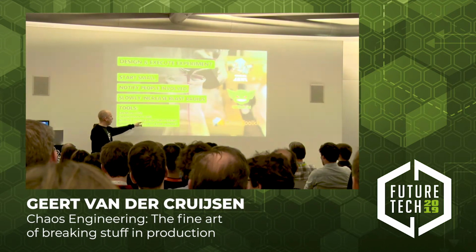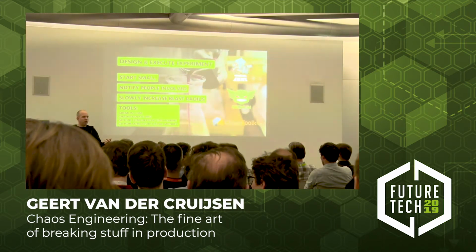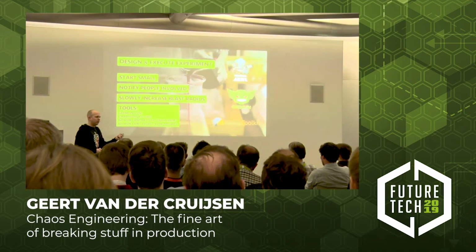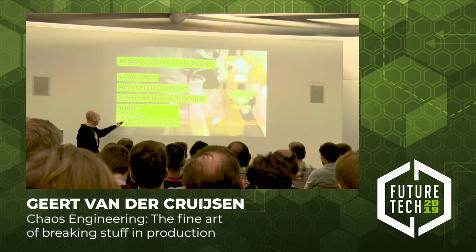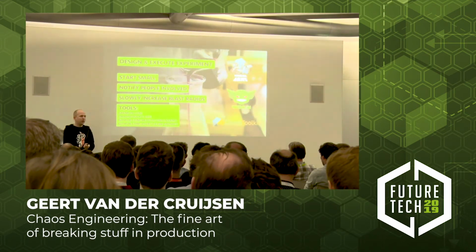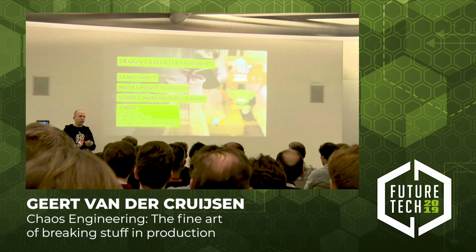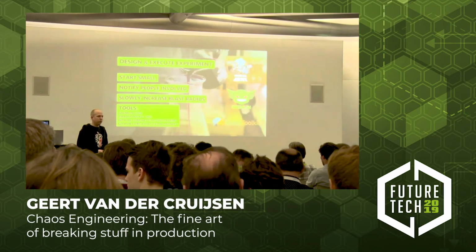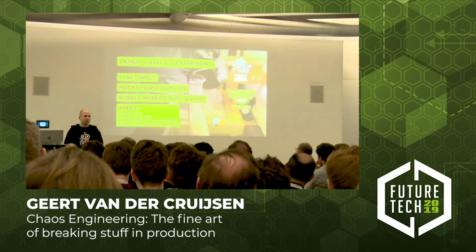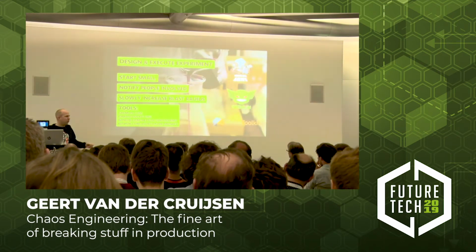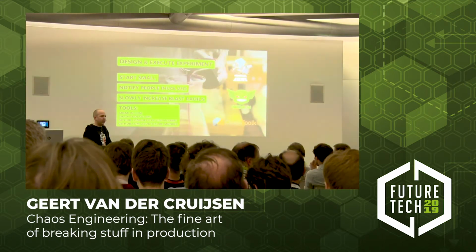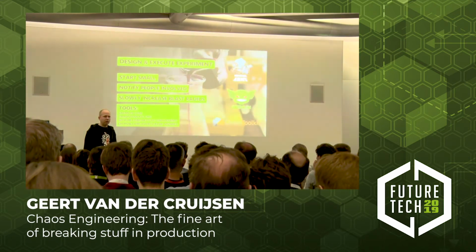And they all expanded that into what they call the Simian army. That's still being updated by them, but it's quite specific for Netflix. They really embedded this into their Spinnaker CI/CD tooling as well. So when certain failures occur, it can automatically roll back using these CI/CD tools. So it's really specific: if you're on Amazon and using Spinnaker, those things might still help you. But it's nice stuff to read up upon, because this is a lot of the stuff that started chaos engineering and made it bigger.